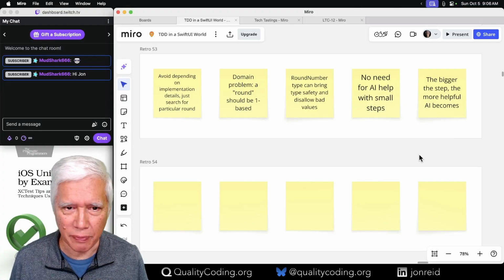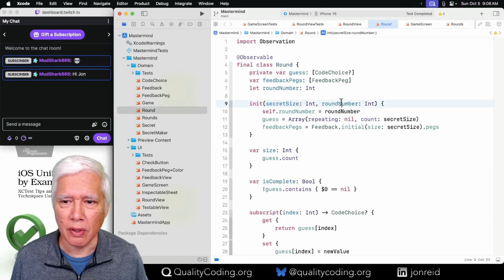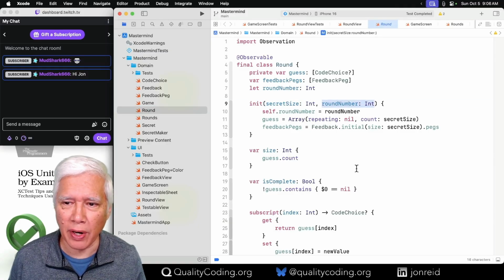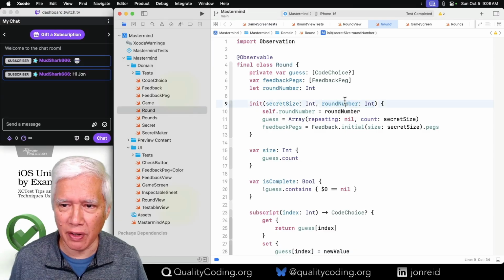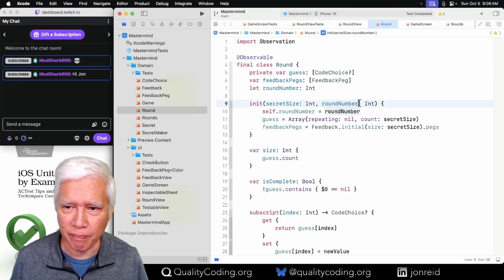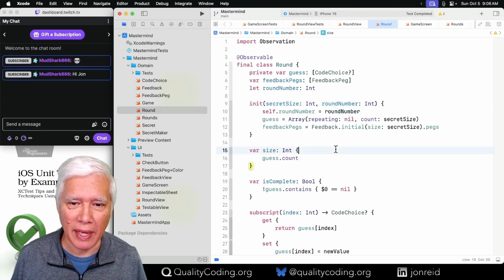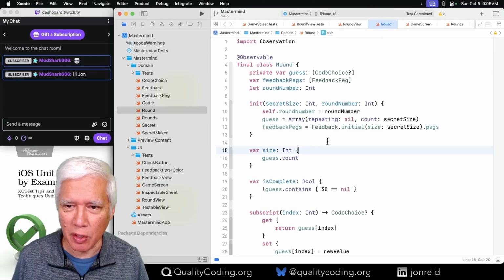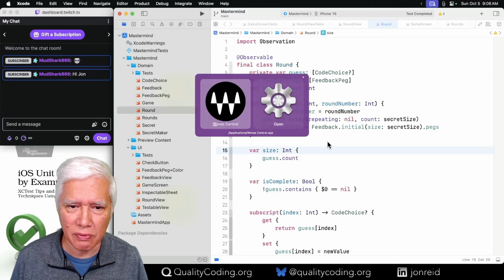Okay, let's get into some code. We're trying to get away from round number as a primitive int, primitive obsession, because it actually has a feature, right? It has domain behavior around human index versus computer index. So let's try